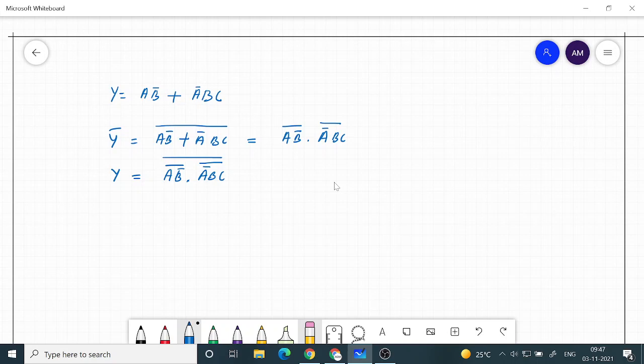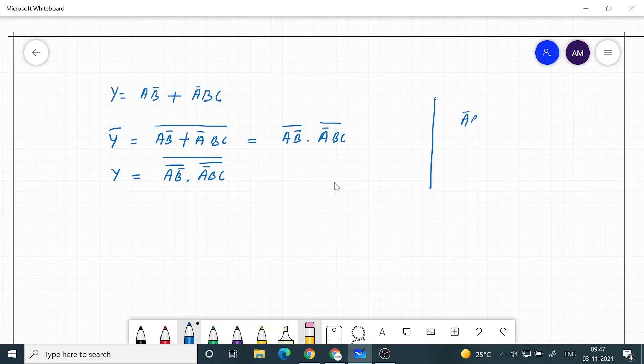Okay, so this is y, and if you take the complement of y bar, it will become y. Now this term is okay, but this term has 3 inputs. So if we want to break this up, we can do that separately.